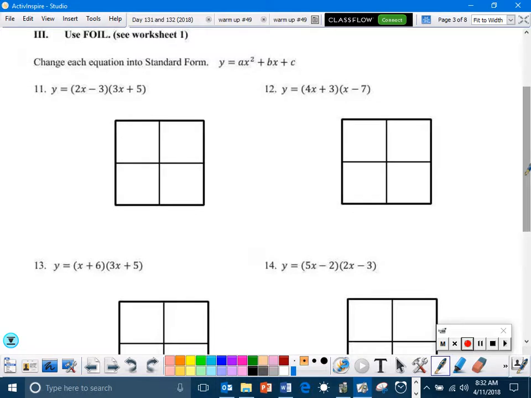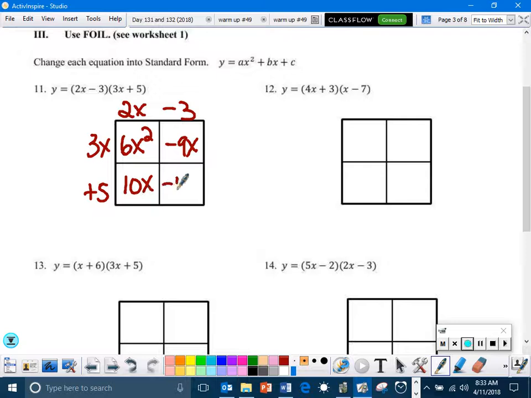FOIL. So we're going to put the 2 factors on the sides, and we're going to multiply and then come up with our answer. So I'll put that on top and this on the side. All right, multiply. Okay, we're going to write our answer, but there's 2 that we can combine. Don't forget those 2 corners are like terms, so we're going to add those together. So our final answer is